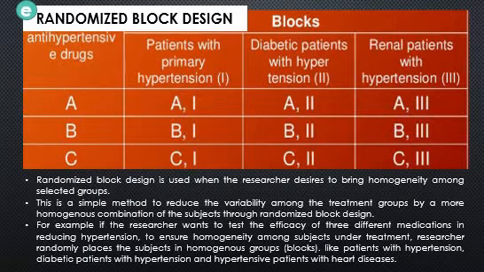Next is randomized block design. The control of inherent differences between the experimental subjects and differences in experimental condition is one of the different problems faced by the researcher in biological sciences. When there are a large number of experimental comparison groups, the randomized block design is used to bring homogeneity among the different groups that we have selected.